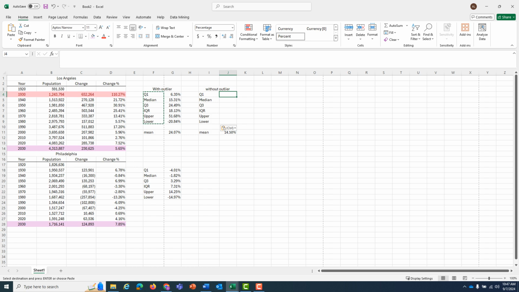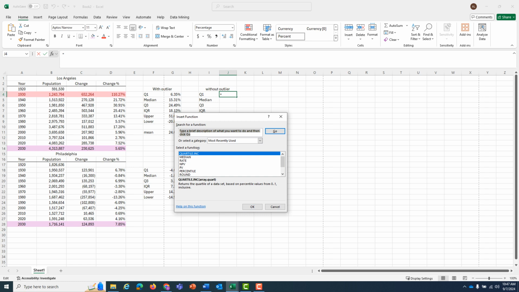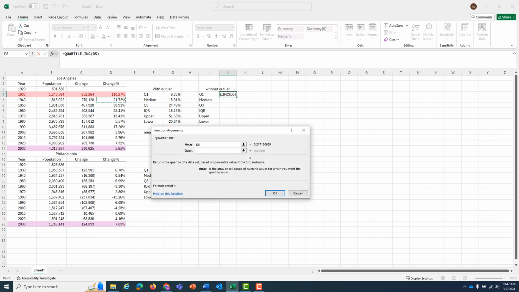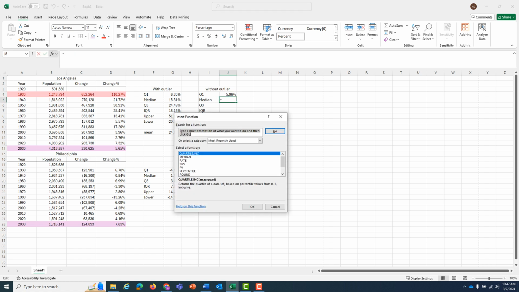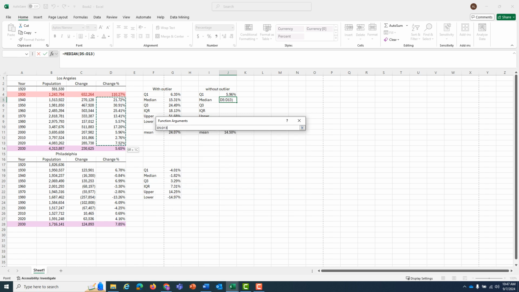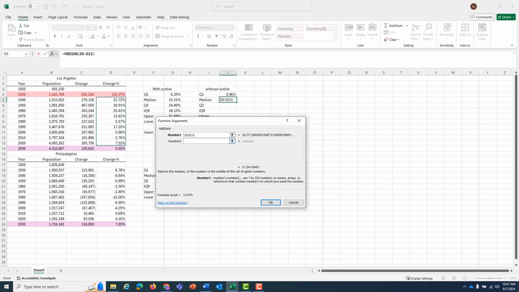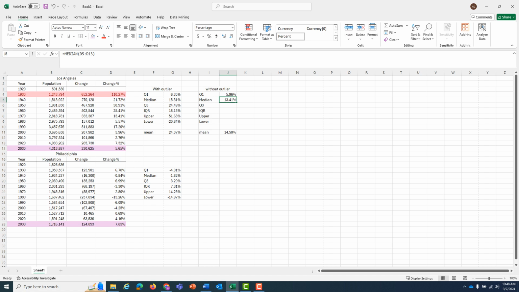Now that we're choosing to get rid of 1930, what's the quartile function that we have right now? Let's go to our quartile inclusive function. We want it for the non-outlier range in the first quartile, and it comes out to 5.96%. For the median, get the median function one more time, again using only the non-outlier data points. And the median rate of change for Los Angeles in that time frame, after we discard the outlier, is down to 13.41%. For the third quartile,